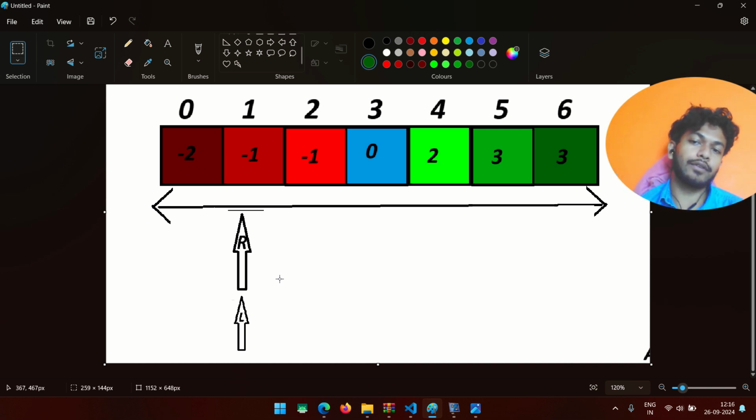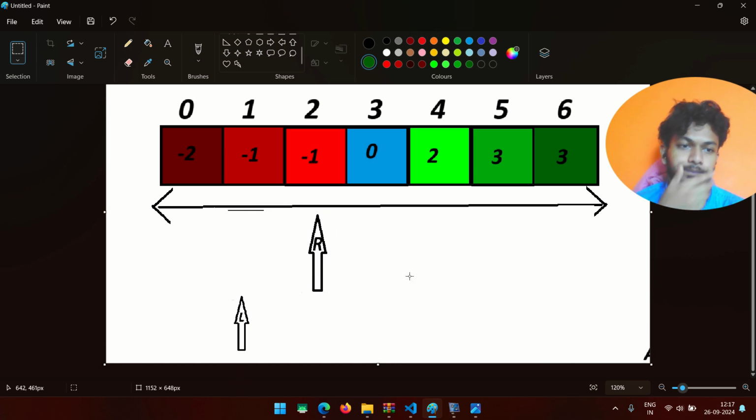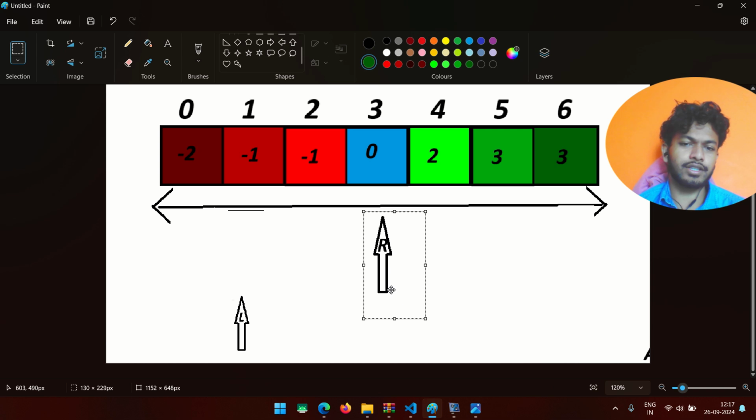Okay, now what it will do, it will again compare that minus 1 is associated with right as well as minus 1 is associated with left. So they will compare. Are they equal? Yes, they are equal. So in that case, the right pointer moves a bit further. Right pointer is incremented with 1. Now in this case, they will again compare. Are they equal? The left pointer has minus 1 and the right pointer has again minus 1. In that case, it has to move a bit more further without making any changes. So whenever we are moving the right pointer, we don't make any changes. But whenever we move the left pointer, we actually